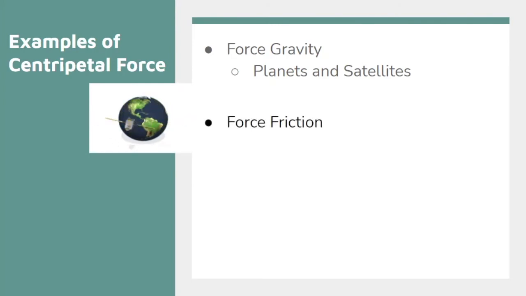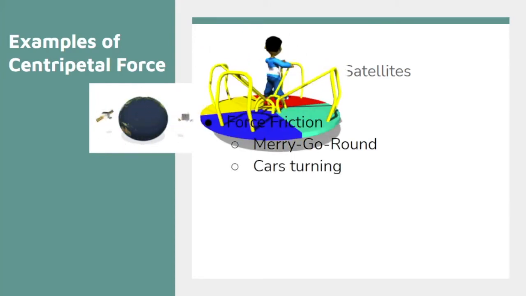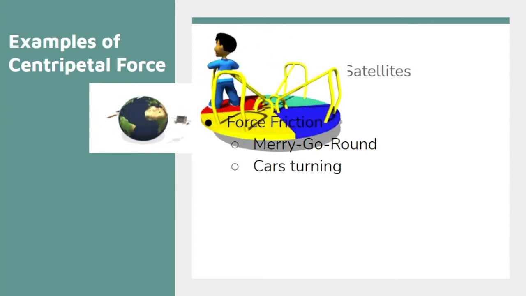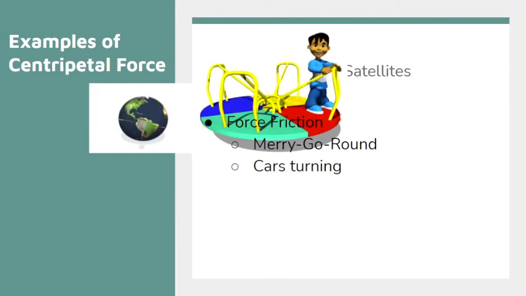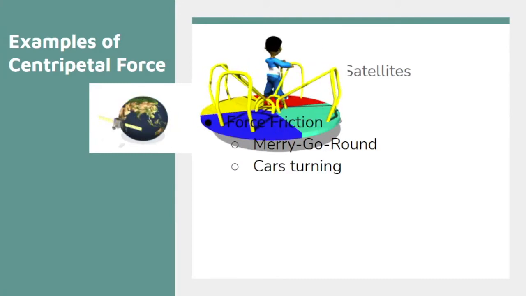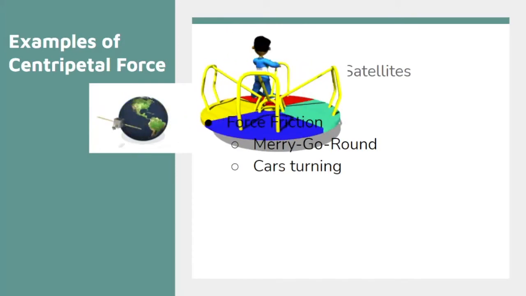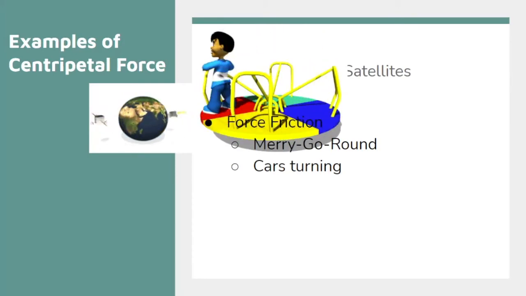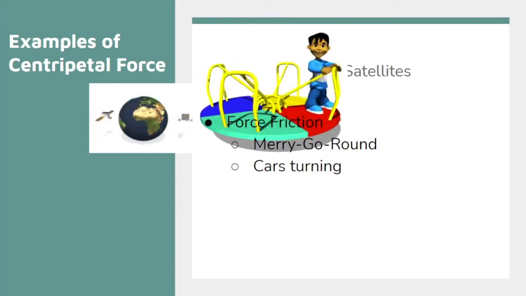Now let's take a look at force friction as a centripetal force. An example of that could be a merry-go-round or possibly cars turning. Over here, we have a kid on a merry-go-round. We know that force friction is what's holding them because if we look, their feet are stuck to the merry-go-round. If we were to remove the friction of the merry-go-round, what would happen? Well, this kid would go flying off the merry-go-round,